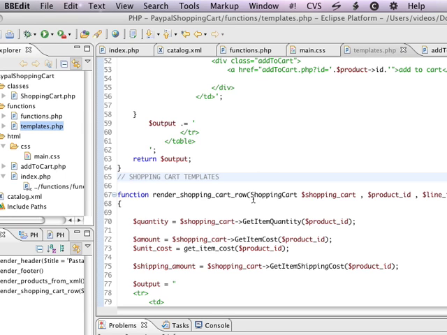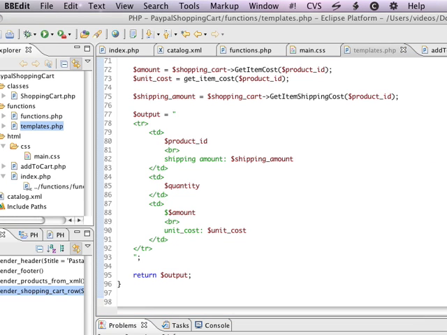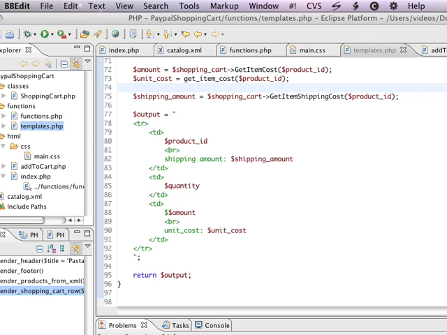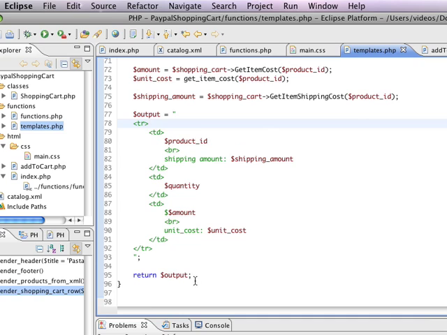So that's the beginning of our shopping cart. We also need to have a row for the shipping, and basically to have our total and our subtotal and all of that fun business. To do that, we're going to have a very similar kind of template,